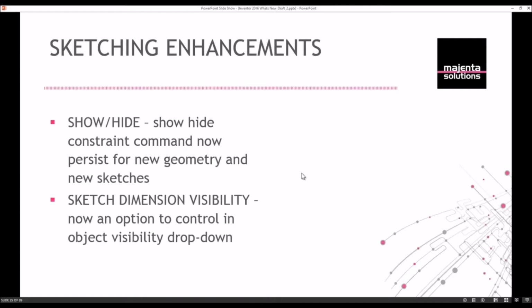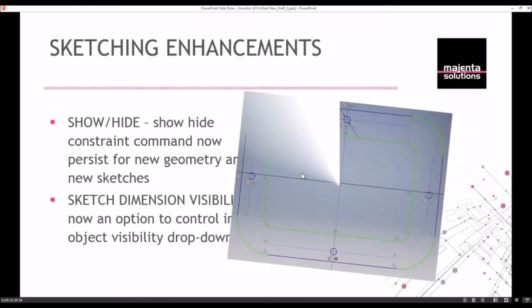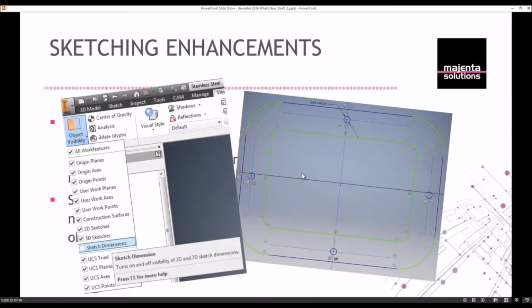We've also got the ability to turn sketch dimensions on and off in the View option or Object Visibility drop-down list that's available on the View tab on the very left-hand side. So they've added that functionality in as well. A bit difficult to show you this through a picture, essentially, show and hide, but those are the constraints we're talking about. So in a moment I'm going to demonstrate opening up a sketch. You'll see all the constraints. I'll do something on the sketch, leave the sketch, and then when I go back to it later on, those constraints are still visible because we can maintain the visibility of them. And there is the sketch dimensions option in the Object Visibility on the View tab at the bottom of the